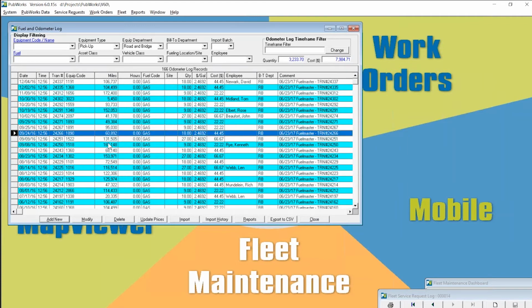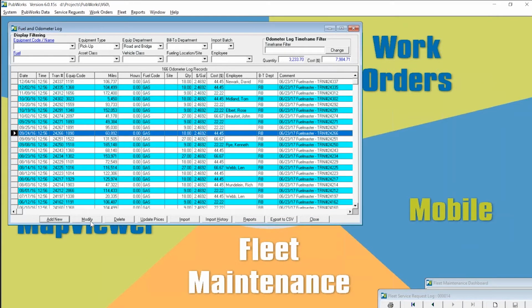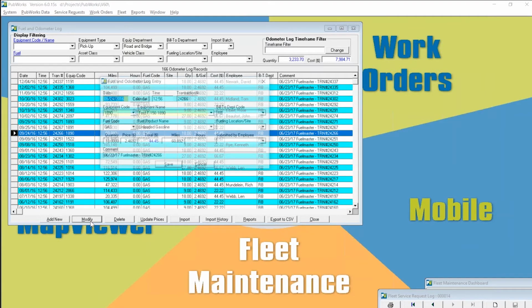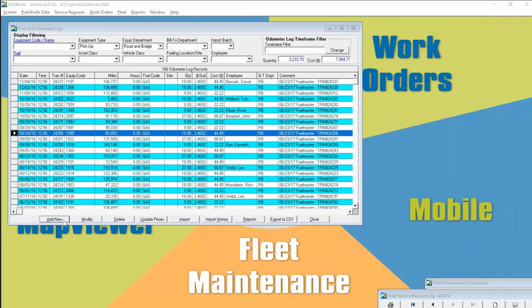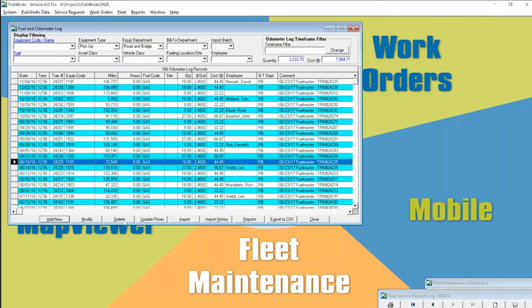If I spot a problem in here, I can double click the row and make an edit directly to the imported data. I could have done the same thing by clicking on the row and clicking the modify button at the bottom. So there's a lot of ways to skin that cat. I can add a record manually by clicking the add new button at the bottom left. If I find a row that shouldn't be in there, I can click the delete button and either delete the